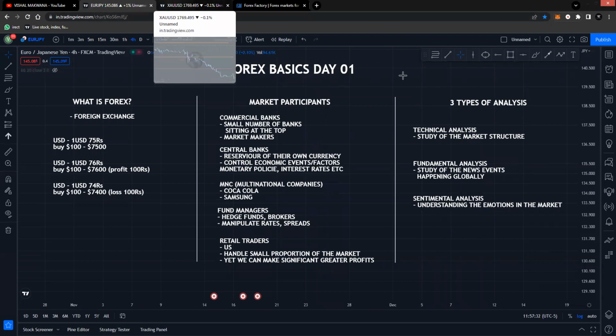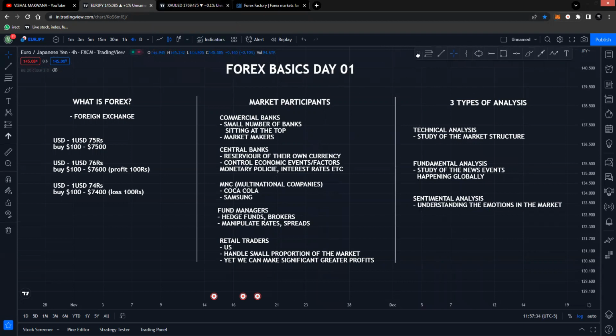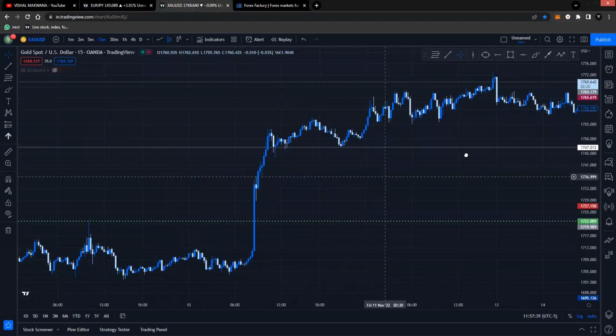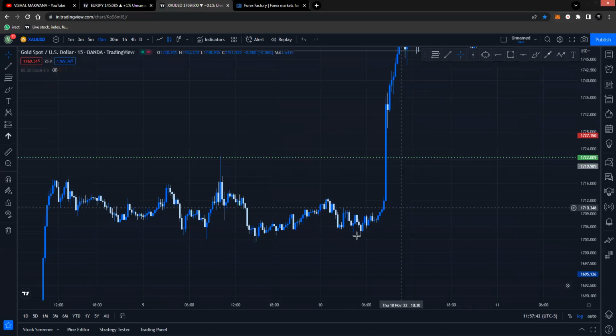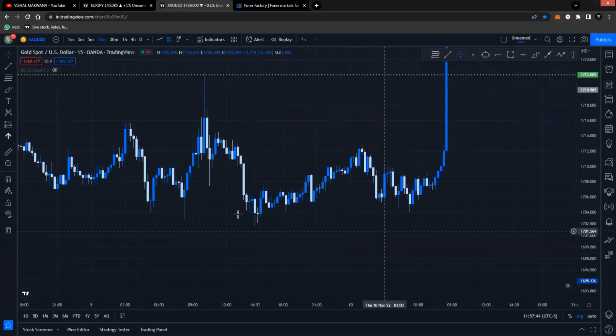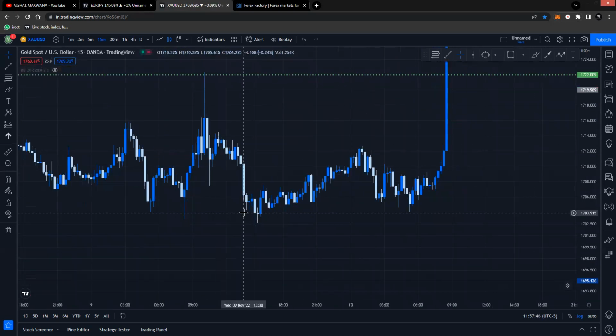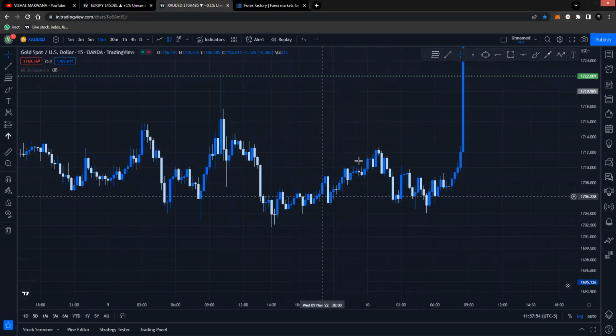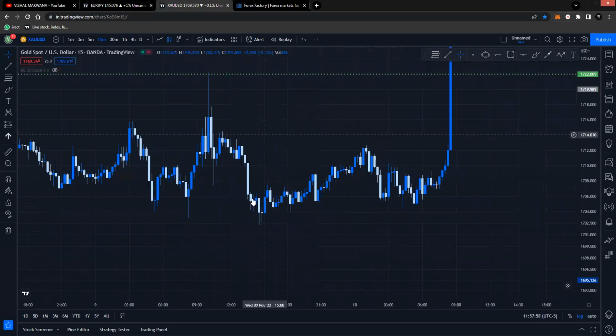Now, how can we know what the market is feeling? Sentiment analysis is majorly the study of the candles, candle wicks, the length of the candle, and so on. How many candles we have in a particular consolidation or particular structure, all that tells us